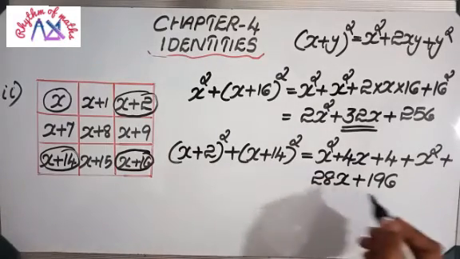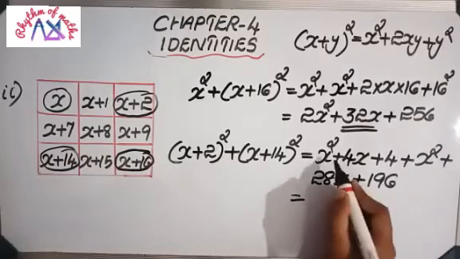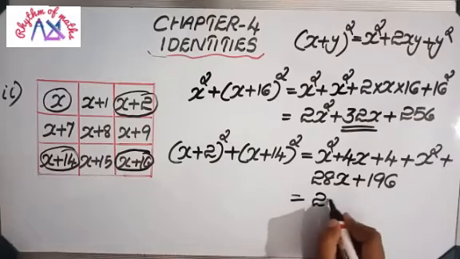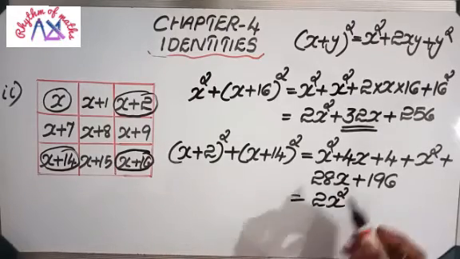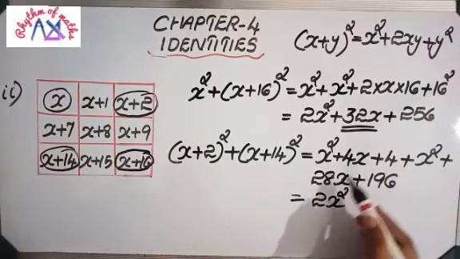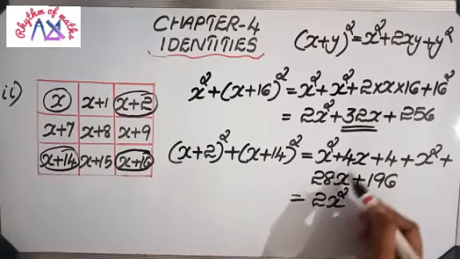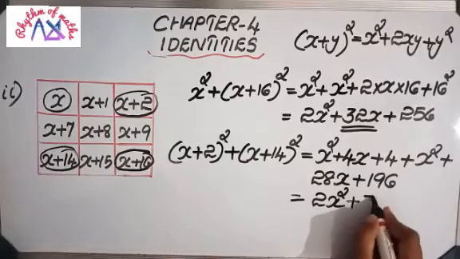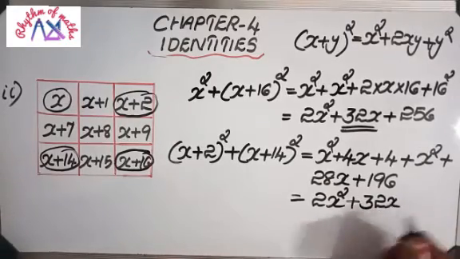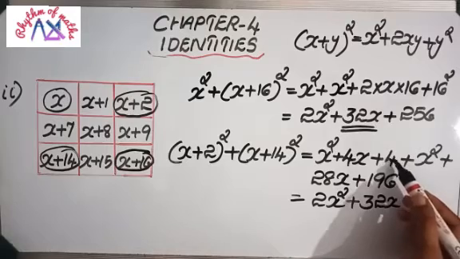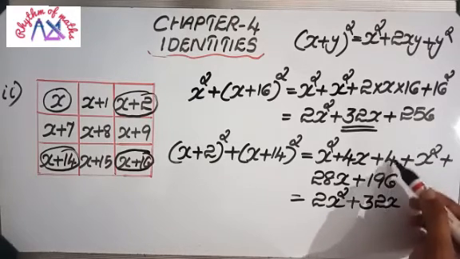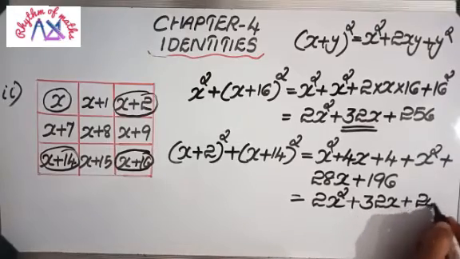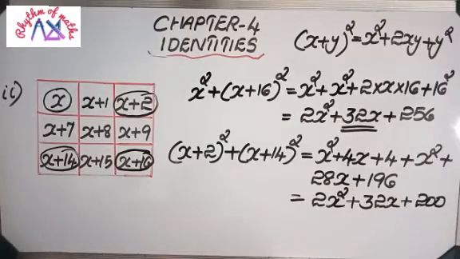Now let's simplify this. That is x square here, x square here. So total 2 x squares are there. So 2x square. Now how many x terms are here? 4x here, 28x here. That is possible to add. So 28 plus 4 is 32, so 32x. Now what other terms remain? 4 remain, 196 remain. Numbers are 196 plus 4. So 196 plus 4 answer is 200. Okay, so we got that answer also.